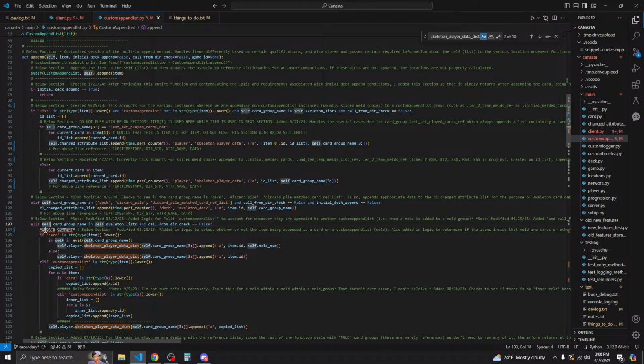So if self card group name is in self.skeleton list and call from dir check is equal to false. Okay. If call, and this is an append.